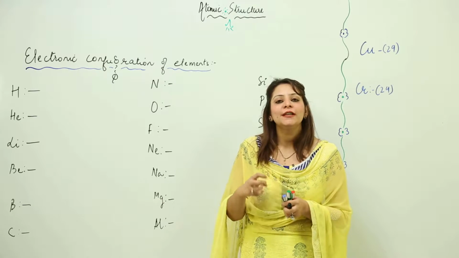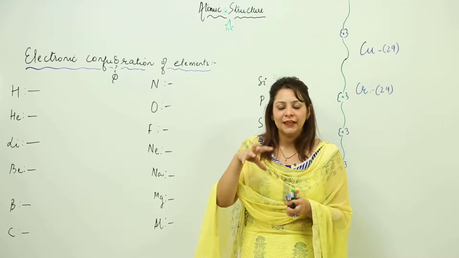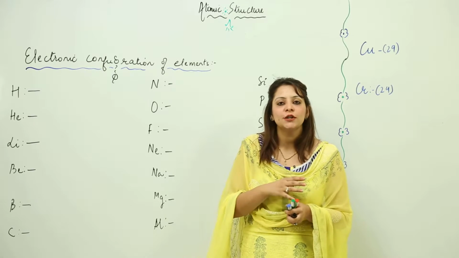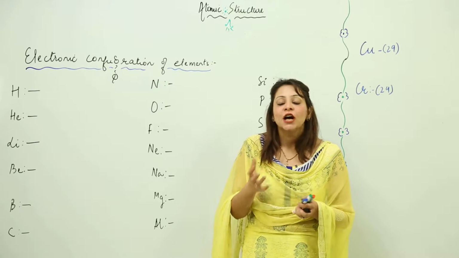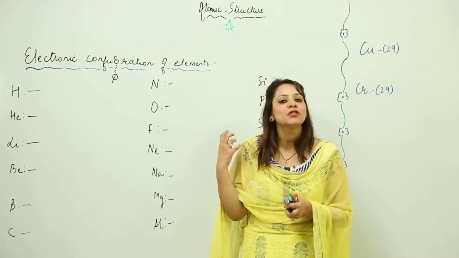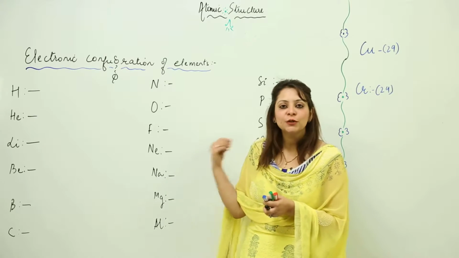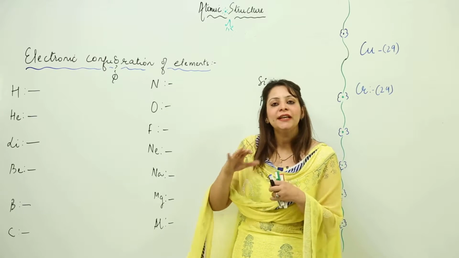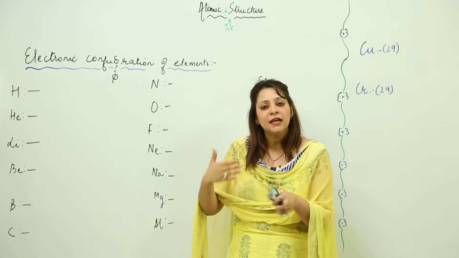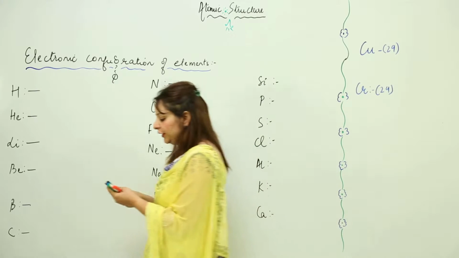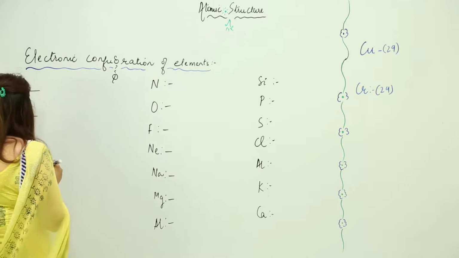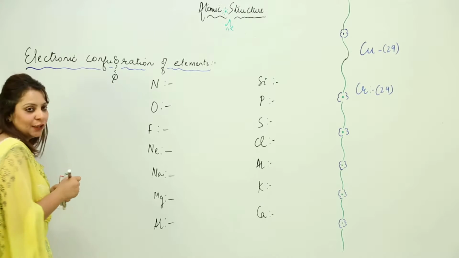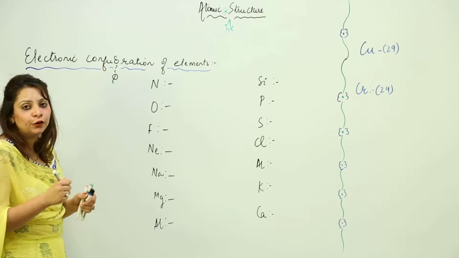Now we are going to fill the orbitals, arranging the electrons in the orbitals according to increasing energies by using those three rules. So here I have atomic numbers 1 to 20, because I will be telling you these, and then you will be applying a similar method for the other ones also. So here my element is hydrogen, right.